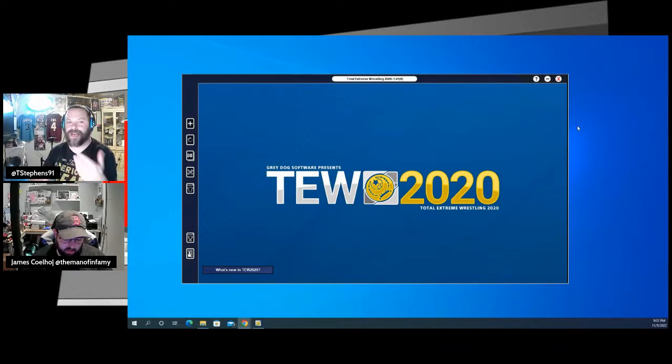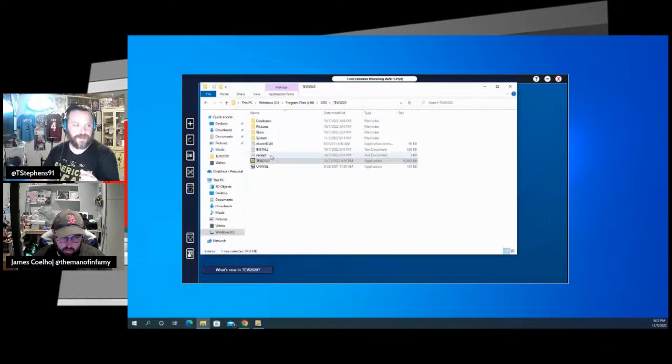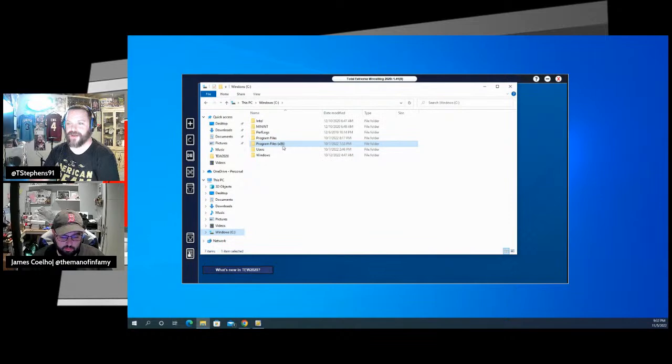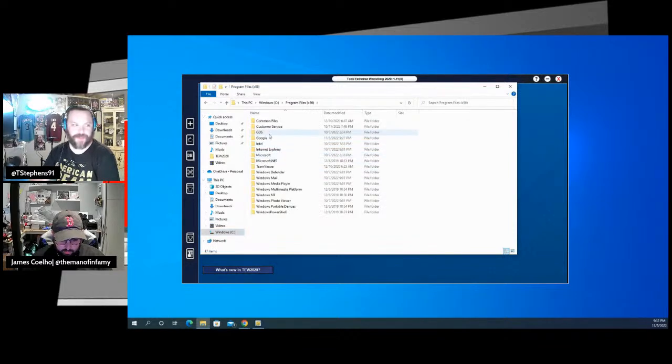So once you select a mod, you download it, right? You'll get the little icon in the top of the browser window that says your file is downloaded. So you download it, you move it into a folder. If you go to your Windows C drive, you'll see the Program Files (x86) folder. That is the folder Grey Dog makes for the gaming software. So you open that up, go to the folder named GDS,